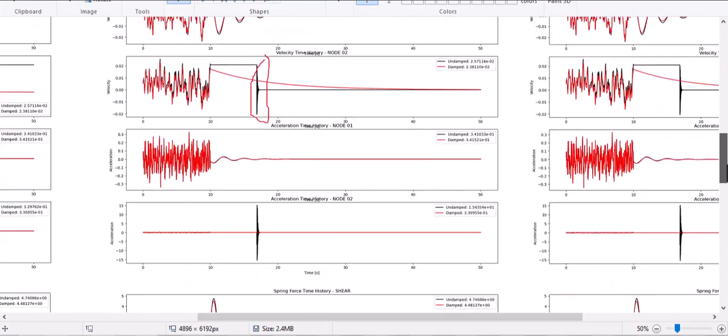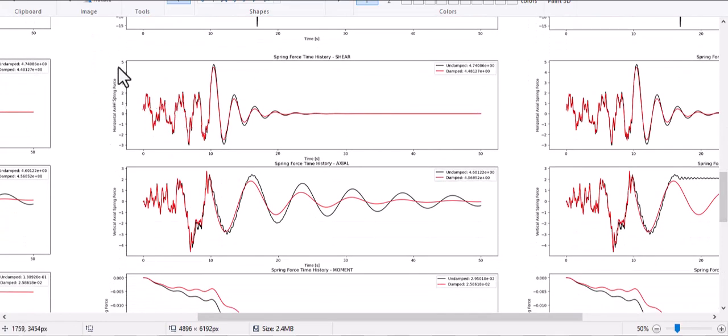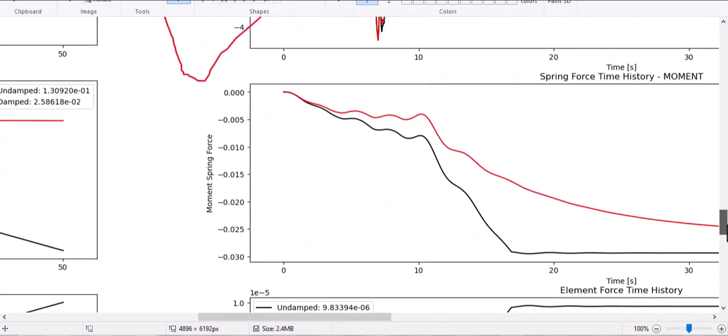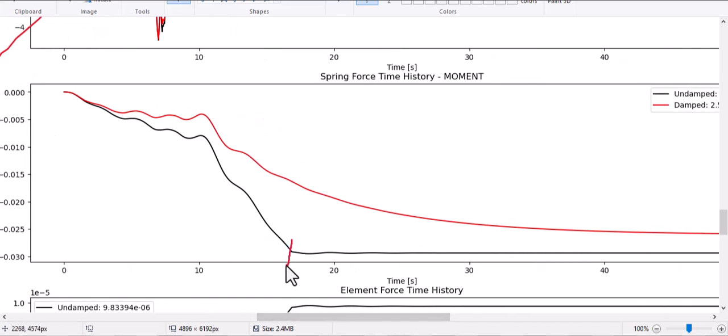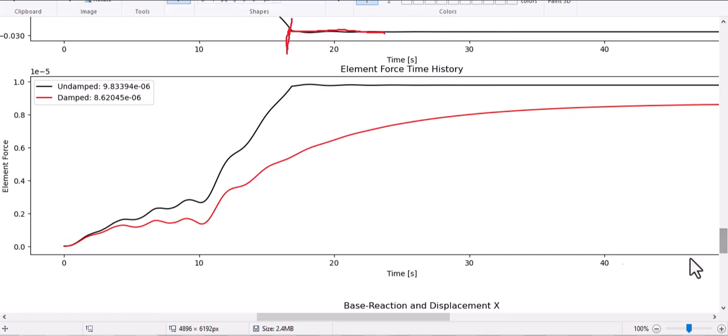And let's see the other outputted data. You see the horizontal axial force spring, vertical, and you see the moment. You see in this second the moment is going to be smooth because we use the contact spring, and also you see element forces is